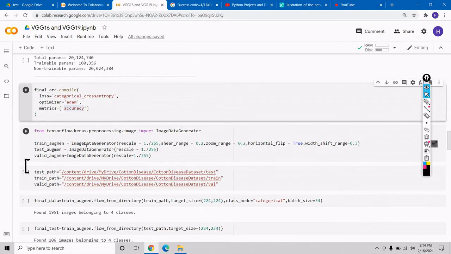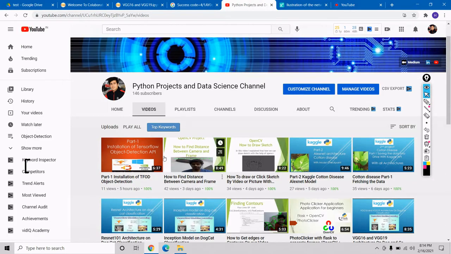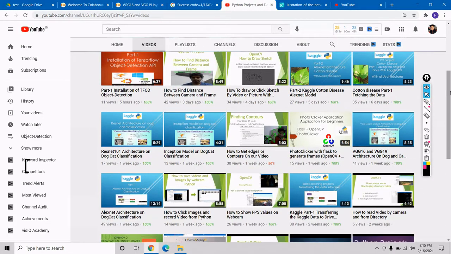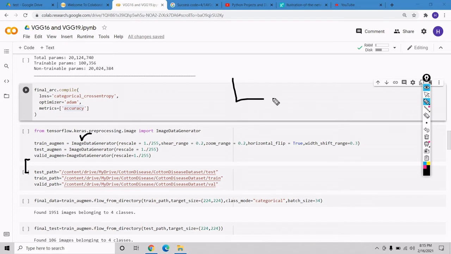Now here we are doing our data augmentation. In my previous project I have already explained what data augmentation is, but I am going to explain again. With the image data generator, suppose we have a small number of images and our face is like this.